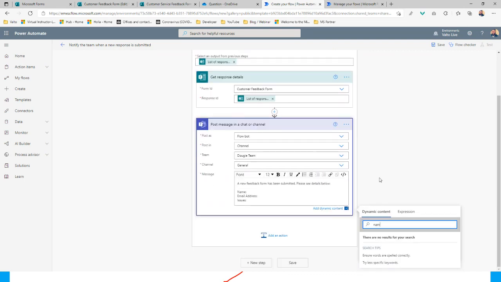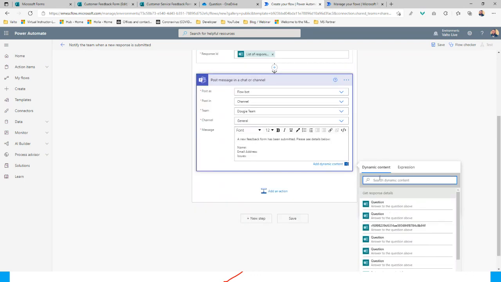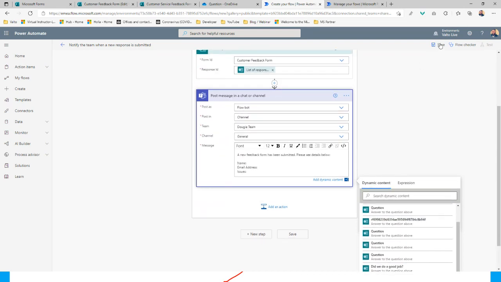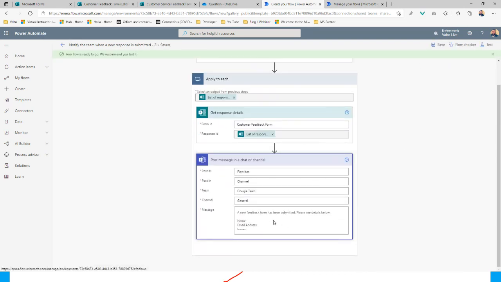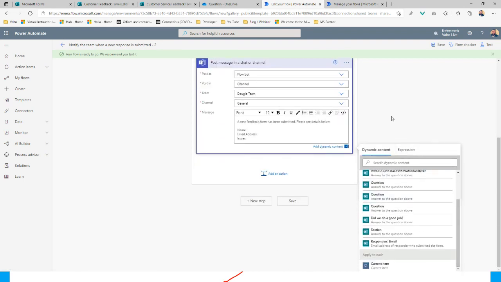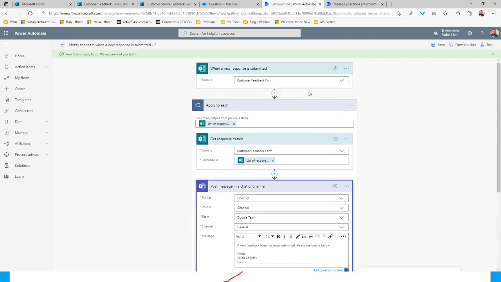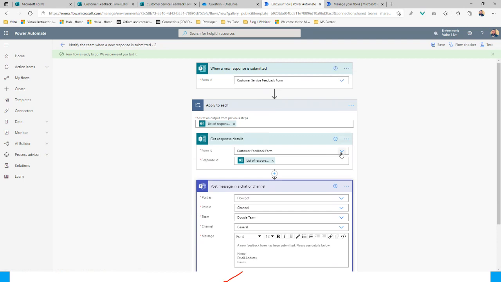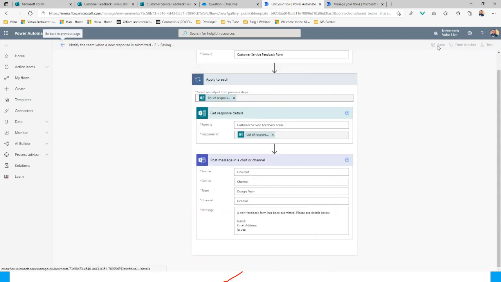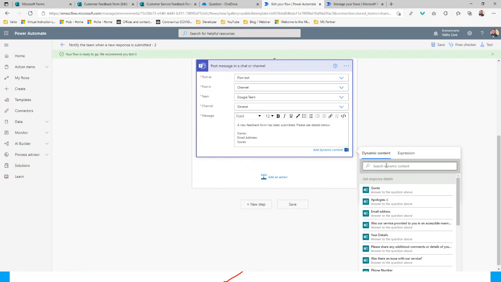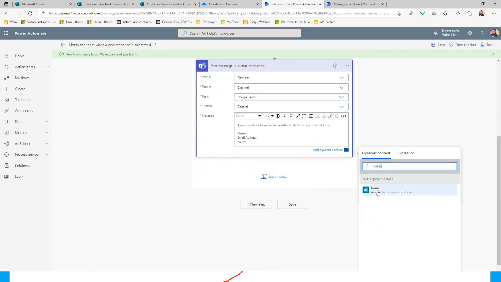So if I was to type in person's name, sec. Oh, it's because I'm using the wrong form. That is why. So what happens when you have too many test forms knocking around. There we go. So now if I was to search for name, you can then see